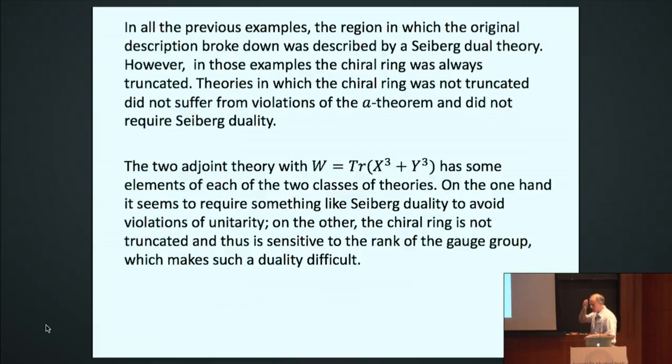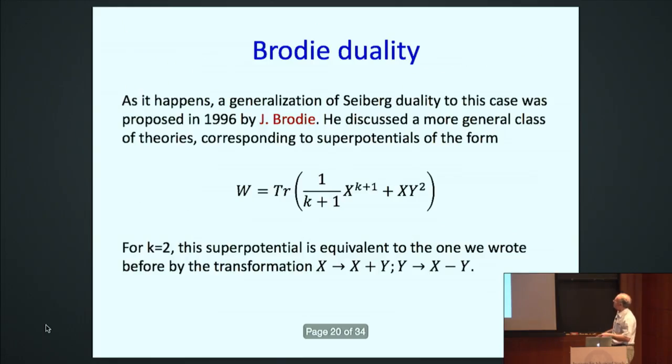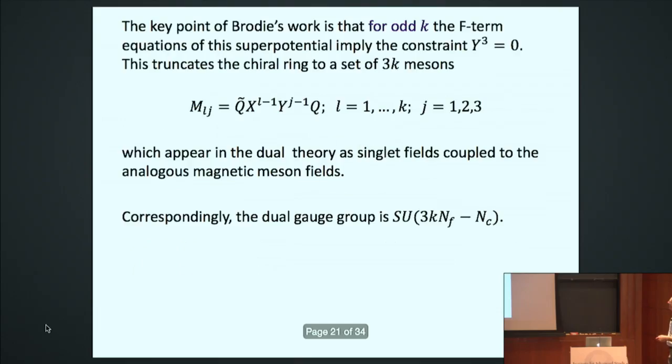This is reminiscent of a review by Joe Polchinski on the C theorem, where he said that in 2 dimensions there's both a proof and a counterexample. So this is like that. This proposed solution was actually proposed before a lot of this was even realized. It was proposed by John Brodie, who was a student here. He said that if you look at a much more general class of superpotentials, of which the one I just discussed is the k=2 example,